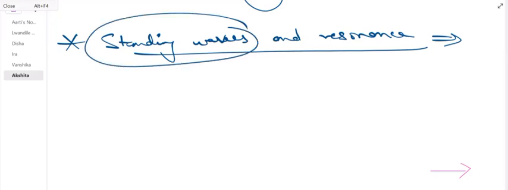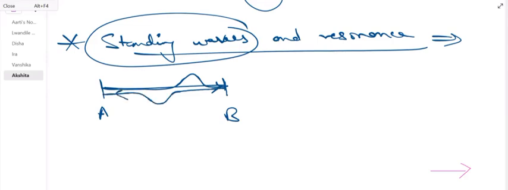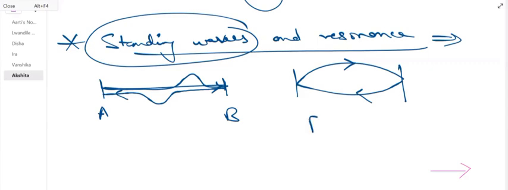So the standing waves are nothing but when you have two terminals that are the fixed ends. Suppose here I am having a fixed end, and here I send a pulse, and then it is incident on the second end, and hence it will come back as a reflection of it. Now, when both the incident and the reflection are done at the same time, you will get the first harmonic to be formed over here. So the incident wave and the reflected wave both are coming at the same time. This particular pattern which is created is known as first harmonic